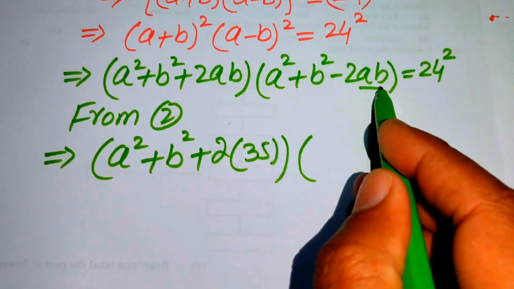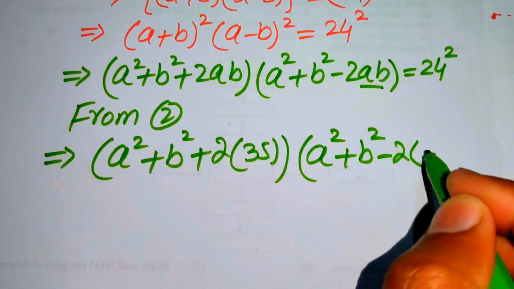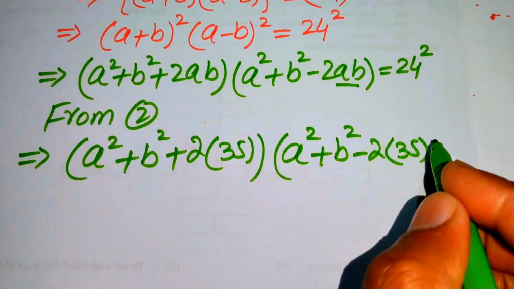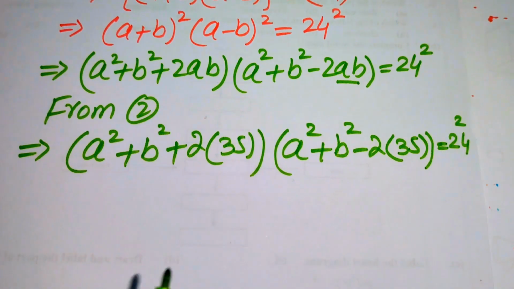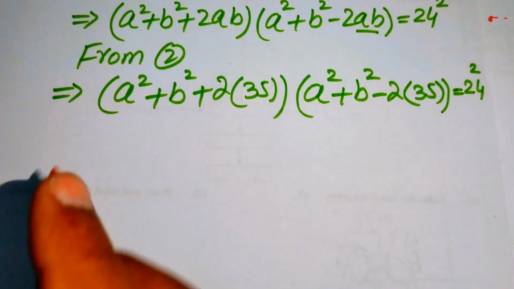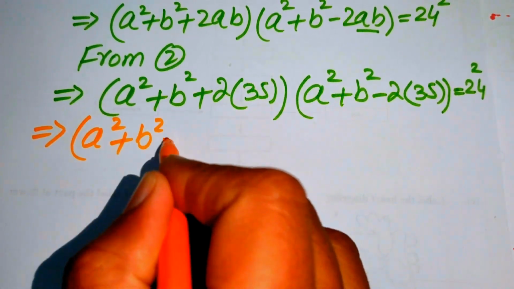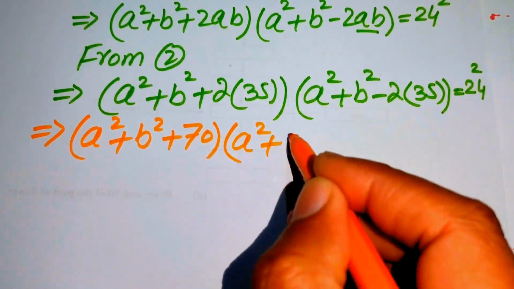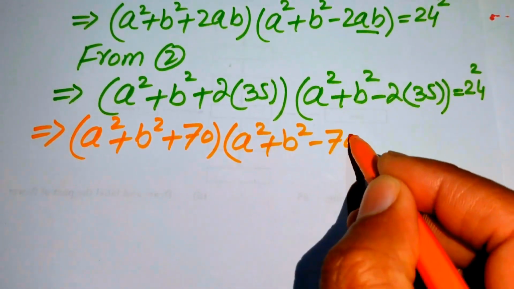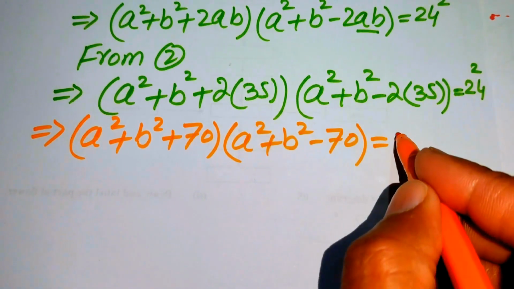Similarly we put the value of ab here and we get (a² + b² − 2ab), where ab equals 35, and this equals 24². Now we simplify the terms and write this expression as (a² + b² + 70)(a² + b² − 70), and this whole equals 24², and we know that the square of 24 equals